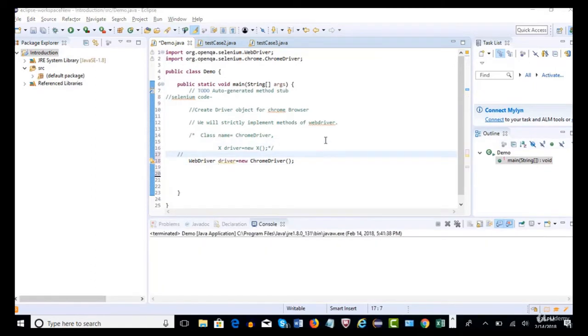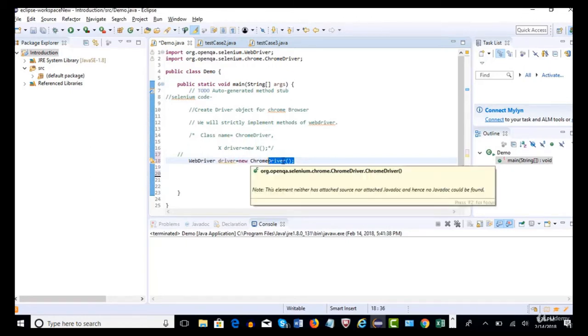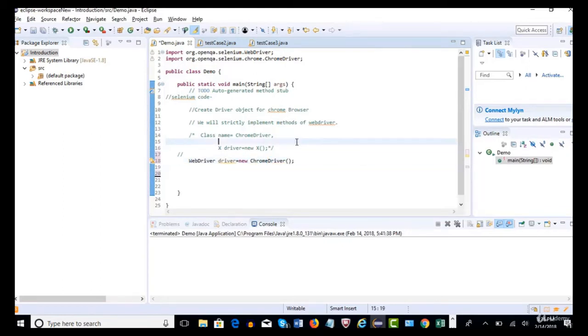Okay, that's it. But this step alone is not sufficient to invoke the Chrome browser on your machine, because Chrome, Firefox or Internet Explorer are third-party browsers, which do not belong to Selenium. These third-party browser vendors have restricted Selenium from invoking their browsers automatically with these APIs, because due to some security issues they will not allow any external APIs to invoke their browsers automatically. For that reason, we need to write one more step to invoke the browser.